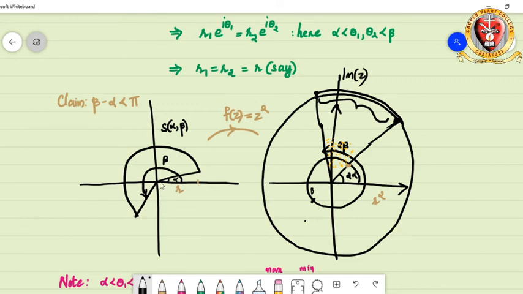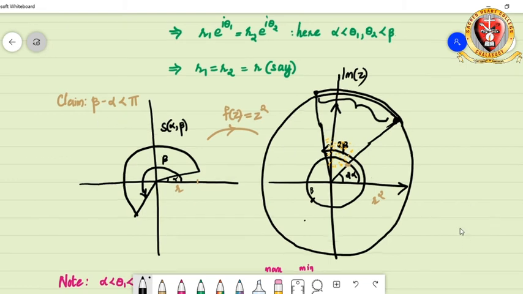So what is the only possibility? Such kinds of angles are not possible. That means it should not cover again. So this beta minus alpha, the difference, should be strictly less than 180 degrees. Only then will that happen. Hope you got the point. Please try to picturize this yourself and get convinced about this claim.